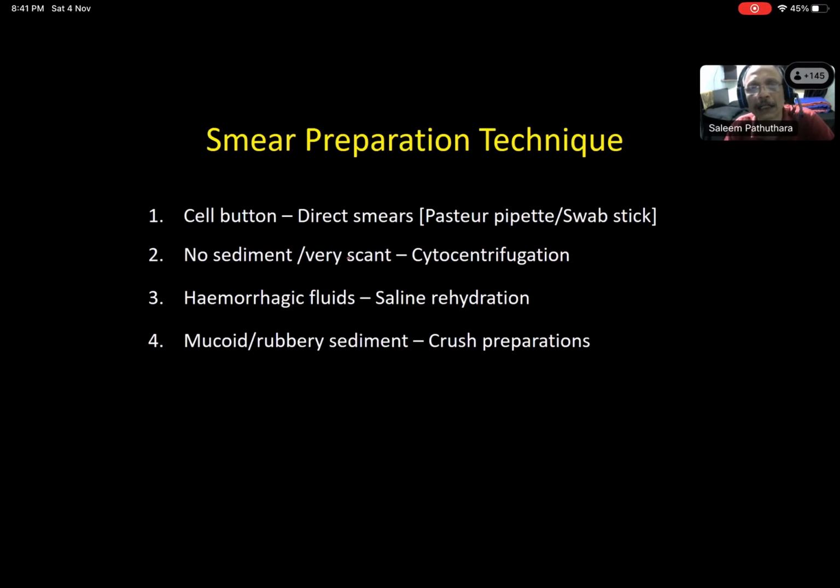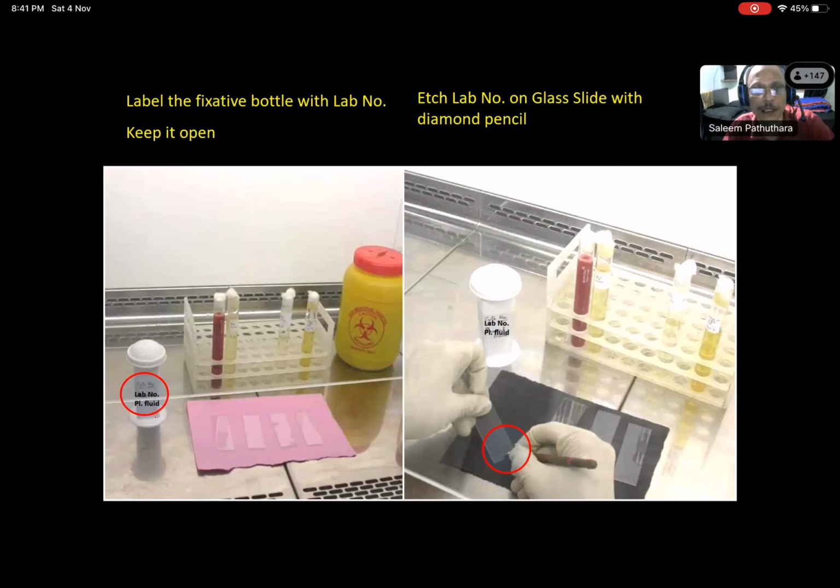The smear preparation technique can be a direct smear preparation or cytocentrifugation. If the sample is very hemorrhagic, we can do a saline rehydration preparation, and if it is mucoid or a rubbery sediment, we can use a crush preparation. Now, coming to the first preparation technique, before preparing,